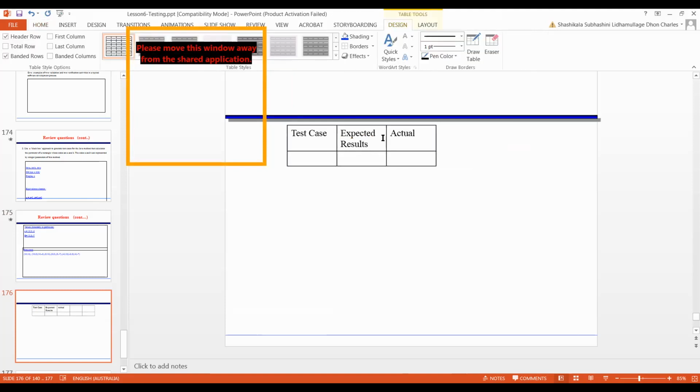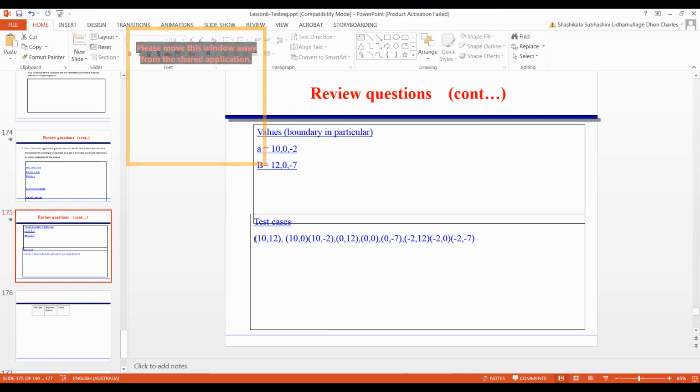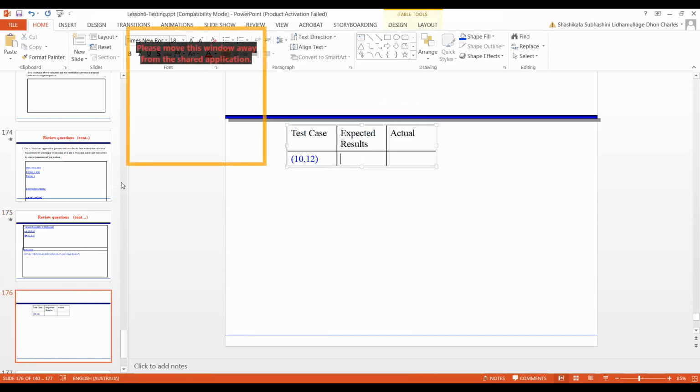Here, you are unable to write down the actual result. Can you write down the expected result for each test case? Do it quickly. Here, when you input 10, 12, what is the result? Likewise, can you write down the expected results? Do it now.